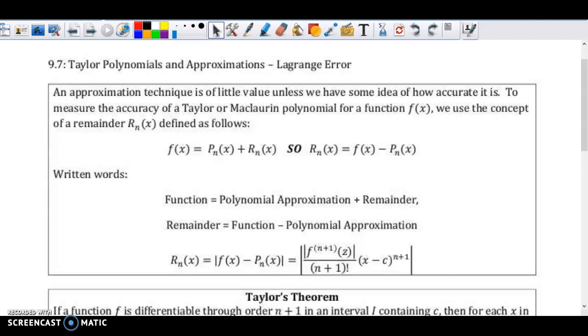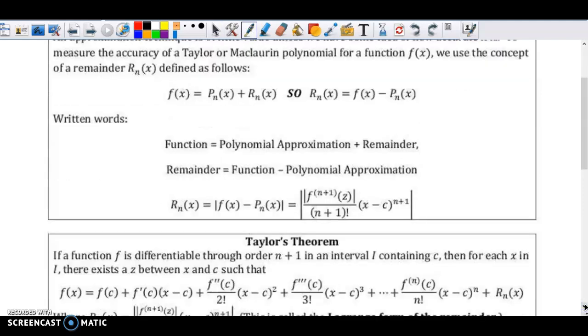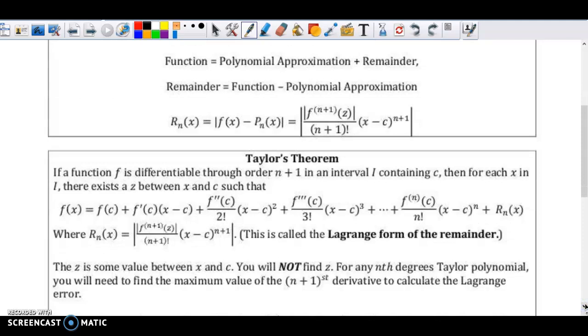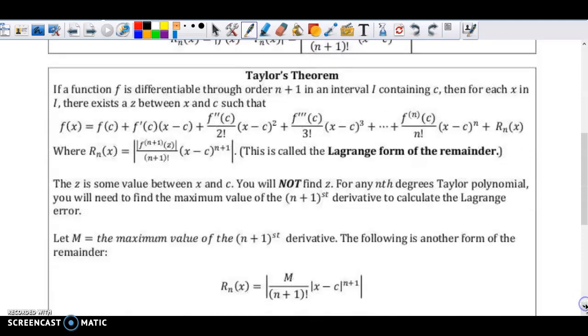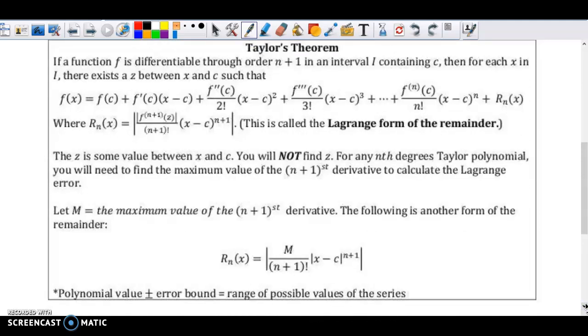Hey guys, so this is a video for calculating Lagrange error and Taylor polynomials. We have calculated error before, but that was with alternating series, and that was when you found the next term. This is going to use a specific formula. Okay, so here's the formula that we're going to use